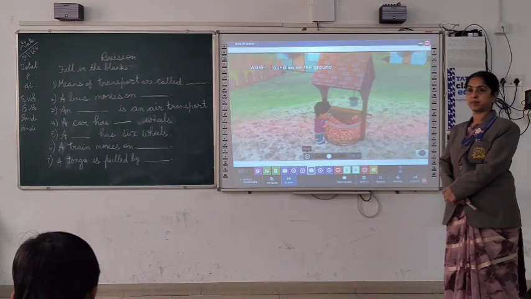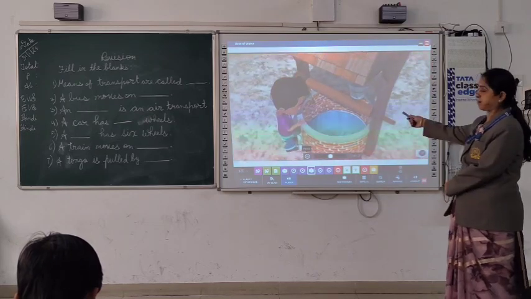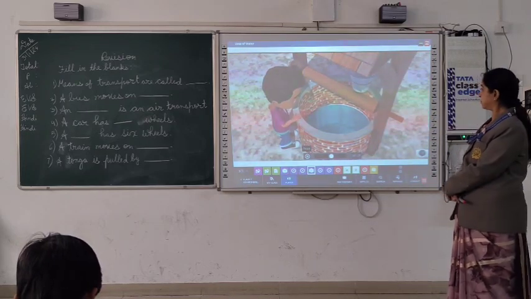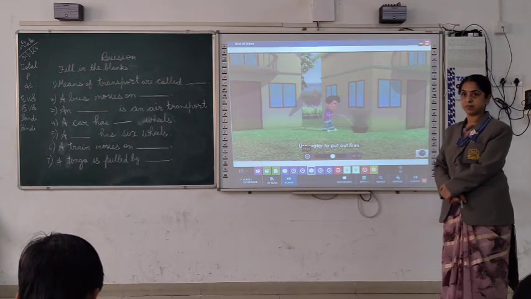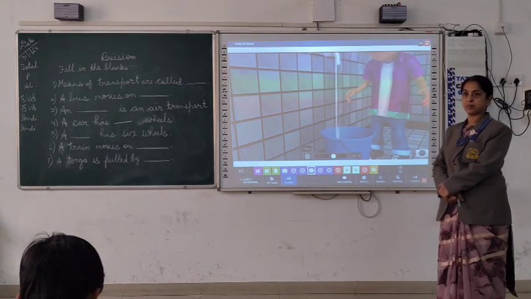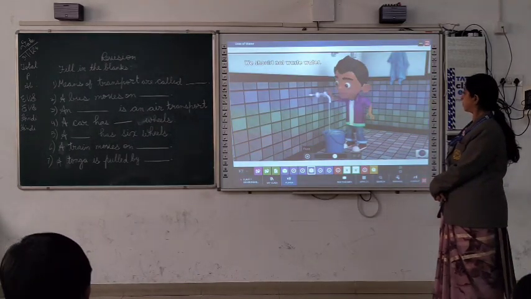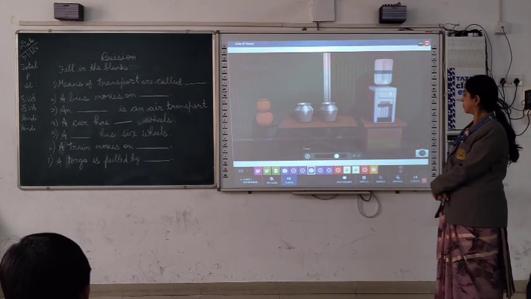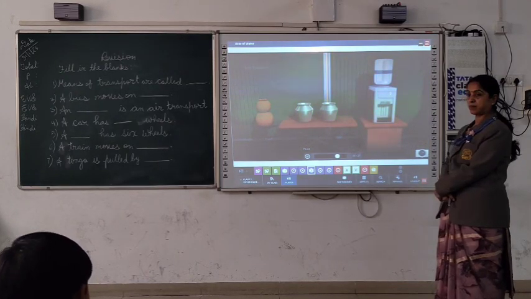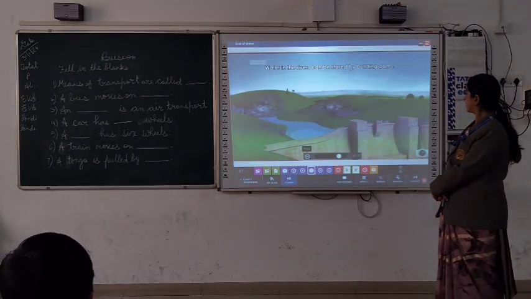Water is also found inside the ground. When we dig wells, we can see water. We also use water to put out fires. Water is very precious. We should not waste water. In our homes, we can store water in pots and vessels. Water in the rivers can be stored by building dams.